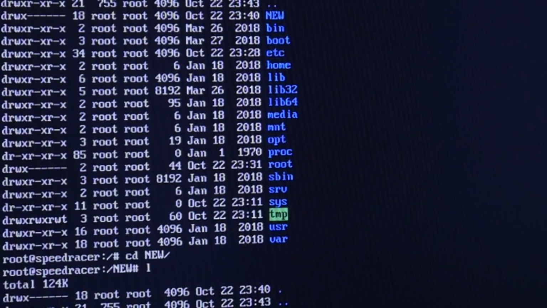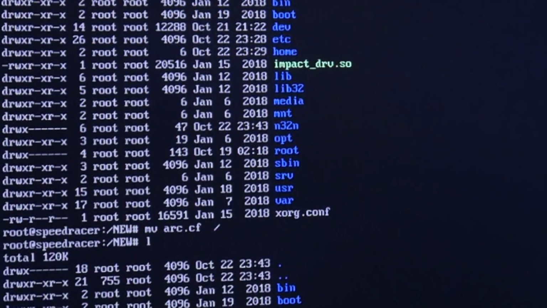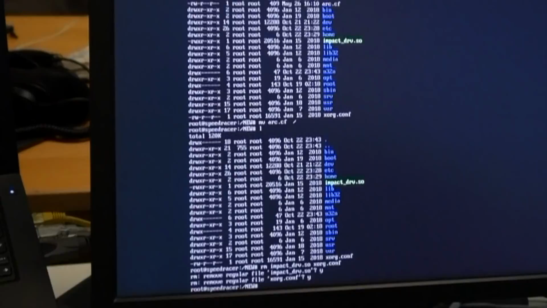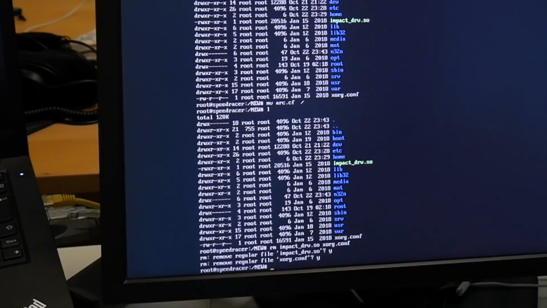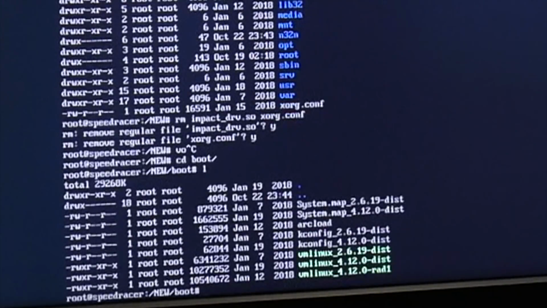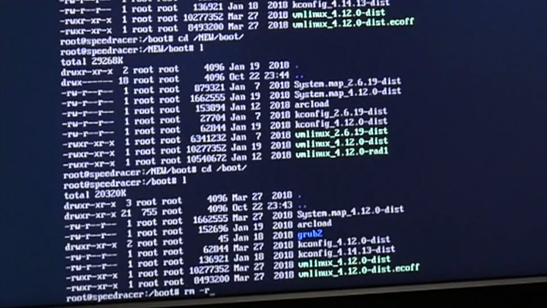So we have now, we also need to keep the argcf and this xorg and impact we have in the system. Yeah, sorry, that is a slight drawback of small fonts with a relatively high resolution. We probably also want to keep the kernels here, because I'm not sure what kernels, do we even have something there? And we have something, but we probably better... Here, so then let's delete here